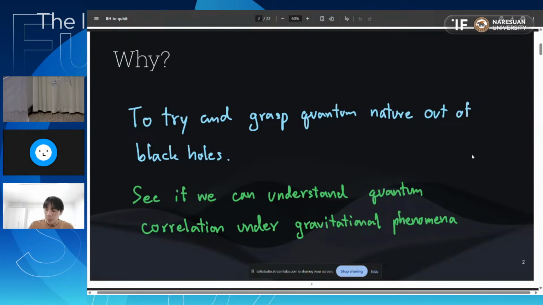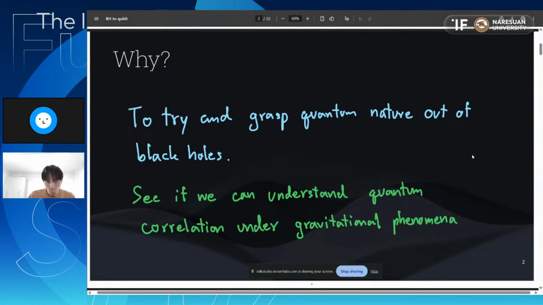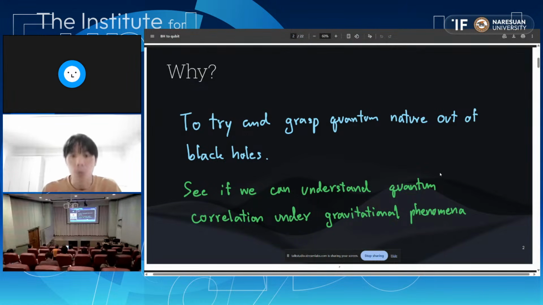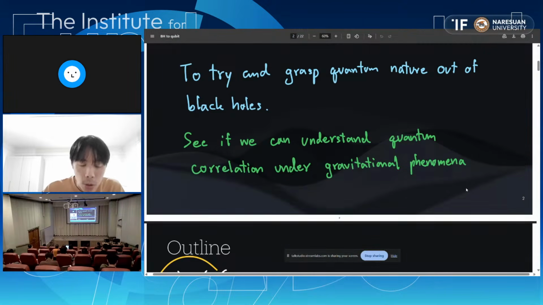So the point of this work of mine is that I'm going to try and understand the quantum nature of black holes. You probably know that the thermodynamics of black holes, for example, contains quantum physics inside it, right? Hawking proved from quantum field theory that there should be something like a Hawking temperature from the black hole. That is what I'm trying to do. So let's see what I tried so far.